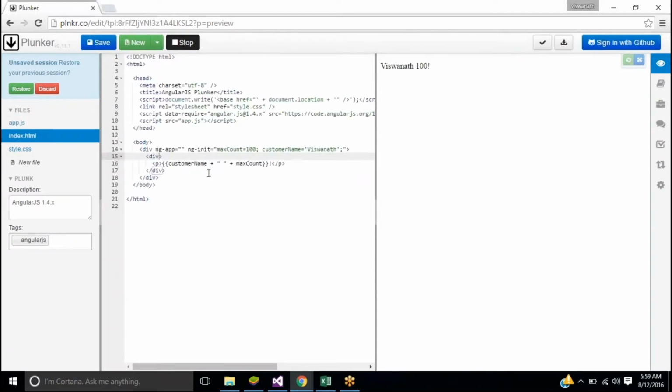If you just want some variables just to try out, you can even do it like this. You can have an empty ng-app, but it still bootstraps. And if you want some variables, you can do it in ng-init, and you can use them directly here, right? So this will work, and this can have any values, not only numbers and strings. It can have users.